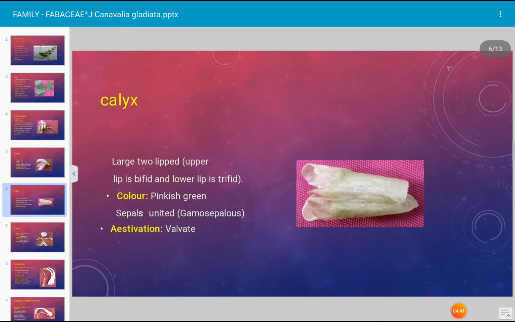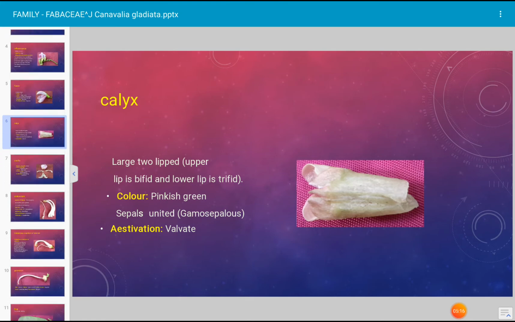Next, this is the calyx. Calyx of the flower, first whorl of the flower. Calyx consists of sepals. Here the calyx is shown in the photograph. A large 2-lipped calyx is there. Upper lip is bifid and lower lip is trifid. Color of the calyx is pinkish green, and the sepals in the calyx are united. Hence the calyx is described as gamosepalous calyx,